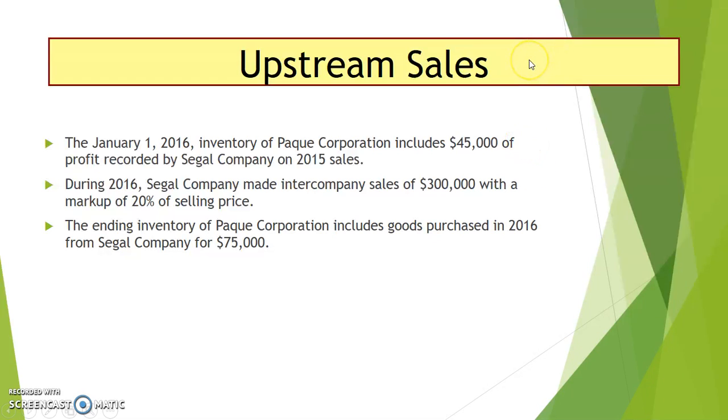Now we turn our attention to how we deal with sales. And in this example, we're looking at upstream sales. This is sales being made by the sub to the parent. So on January 1, 2016, Prac Corporation had inventory of 45,000 that had been recorded by Seagull Company's 2015 sales. During 2016, Seagull Company made intercompany sales of 300,000 with a markup of 20% of the selling price, and at the end of the year, we had in stock